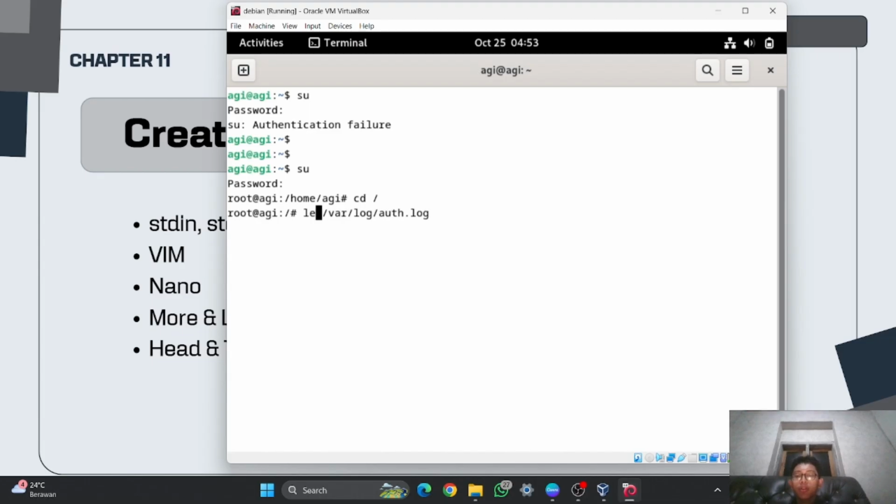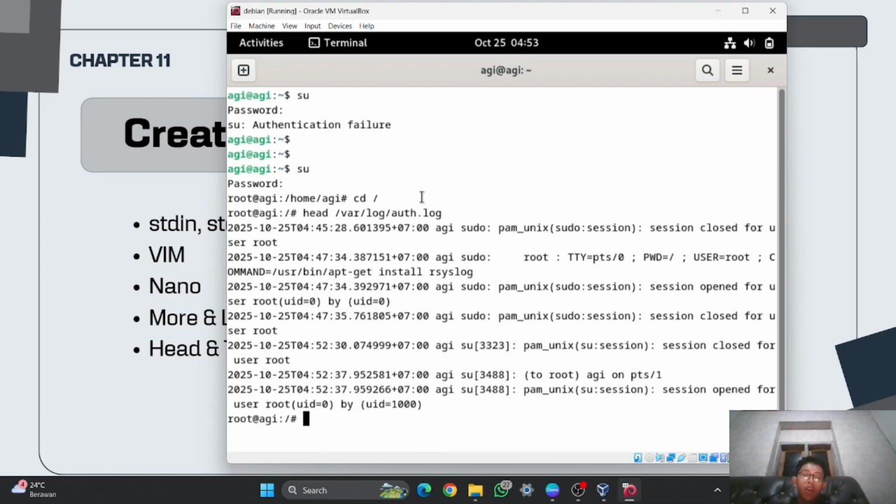So here I will try again using the file from before, which is like this. I will try head first, and it will show the first 10 rows, which I will count: 1 2 3 4 5 6 7. I don't know why it is 7. I don't know, guys.